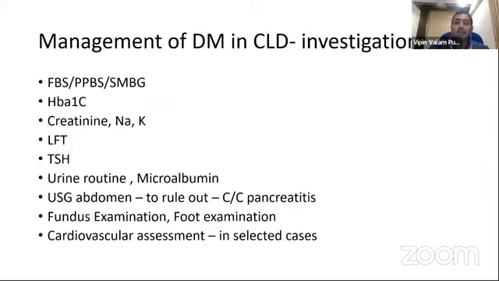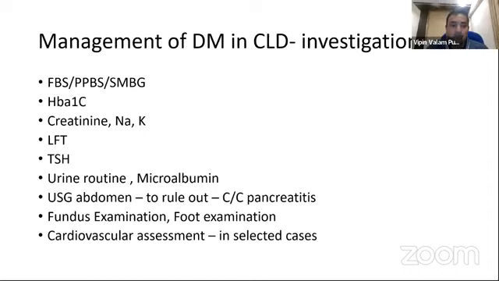So moving to the investigation part, how will you manage a patient with diabetes and CLD? What are the important parameters that you should have, at least when you are starting the treatment plan for the patient? Definitely a self-monitoring blood glucose or a sugar monitoring chart. In mild cases, you can have fasting or PPBS blood sugars, HbA1c, creatinine, as well as eGFR calculation, because many of those patients with chronic liver disease may be having a renal impairment as well, which requires dose modification